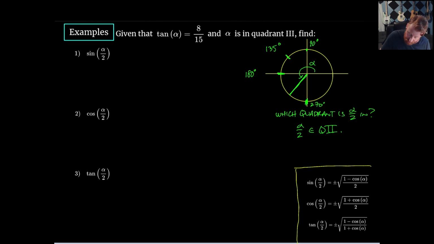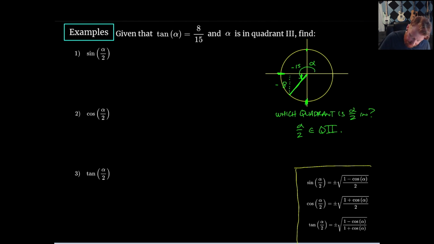And now, since we're going to need the cosine of alpha in all of our formulas here, let's figure out what the cosine of alpha is. Let me just maybe erase some of my other thinking here. Okay, so we're looking at this angle alpha. Let's drop in our reference triangle so we can get our reference angle here. And I know that tangent is 8 over 15. Tangent is opposite, and that's going to be a negative 8 over adjacent, and that's going to be a negative 15. So using the Pythagorean theorem here,